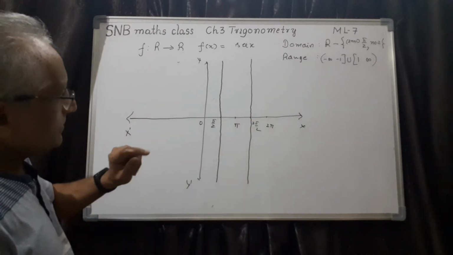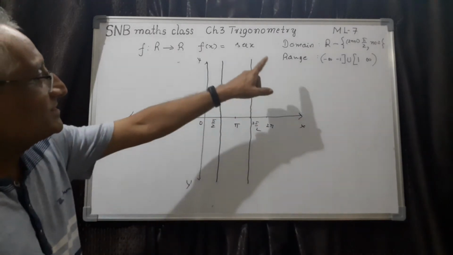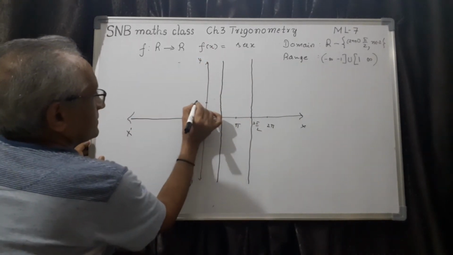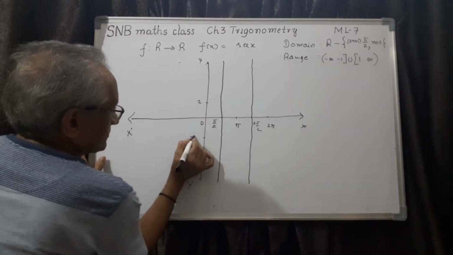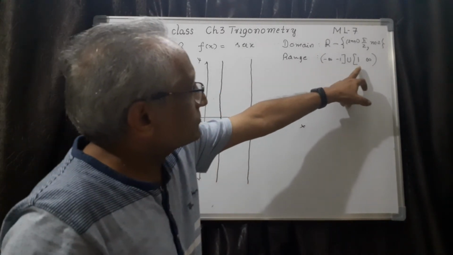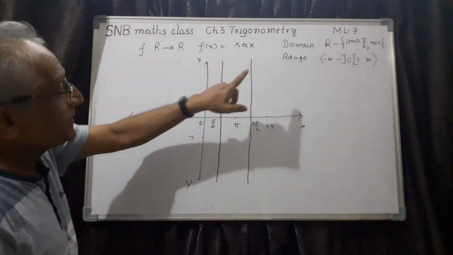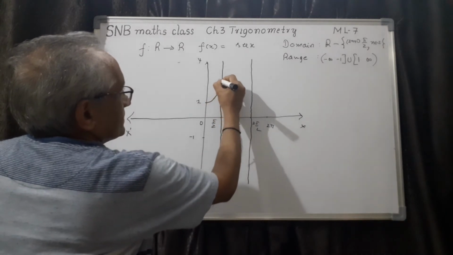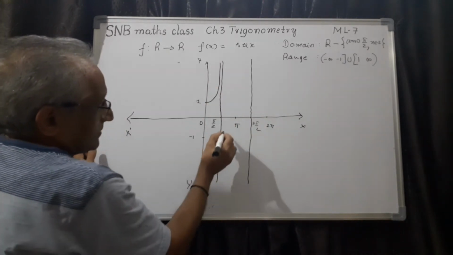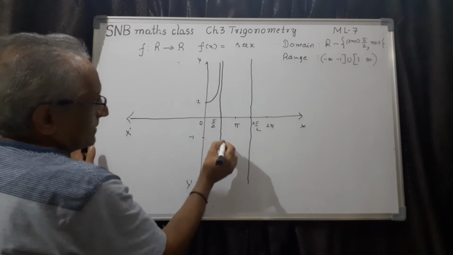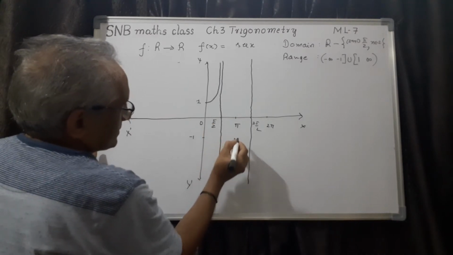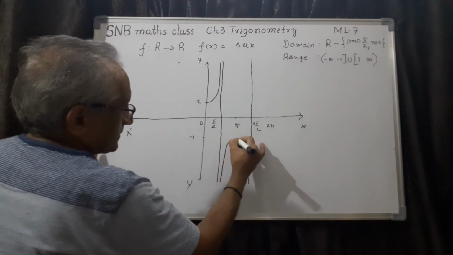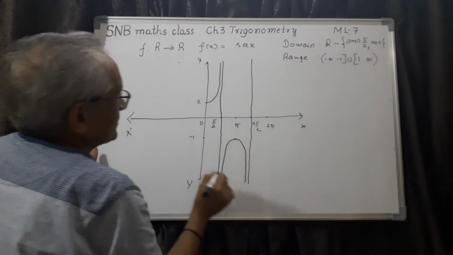Now when x is 0, what happens? Cos 0 is 1, so secant 0 is also 1. Therefore you mark 1 here, this is 1, this is minus 1. The understanding is the same: it goes from 1 to infinity, it increases. Pi by 2 is not defined, therefore the curve actually goes like this. And at pi it is minus 1, you have seen this one, so the curve is like this. Now you can very well guess what this branch is.